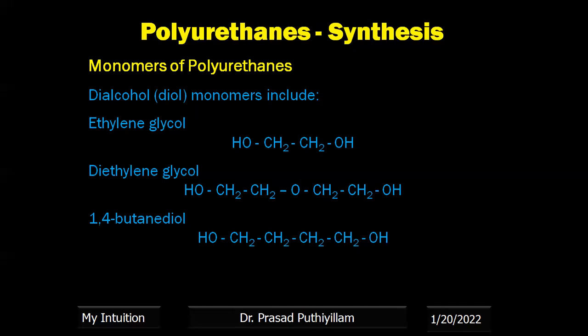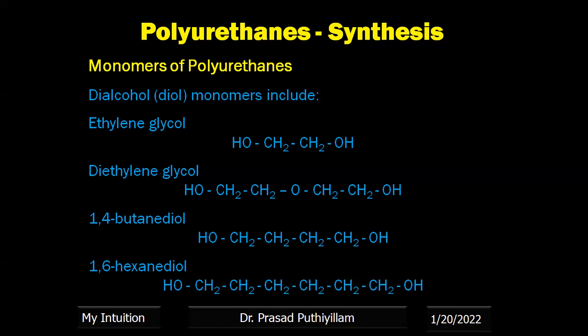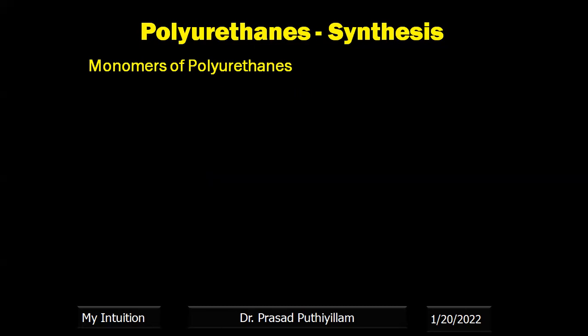Butane means it contains 4 carbon atoms. It also contains diol, with position 1 and position 4 having an OH group. Therefore it is 1,4-butane diol, that is HOCH2CH2CH2CH2OH. Then 1,6-hexane diol. So we need 6 carbon atoms here, and OH on position 1 and position 6. Then some of the diisocyanates include